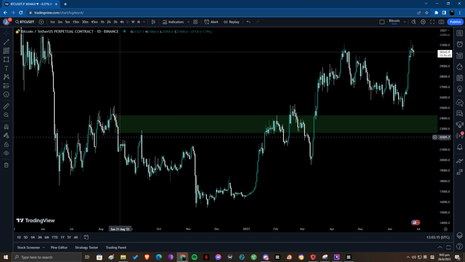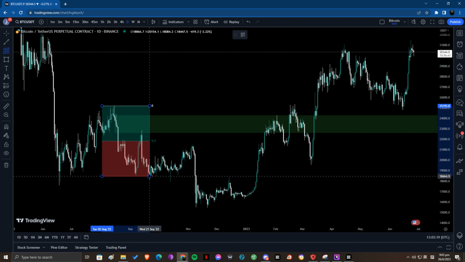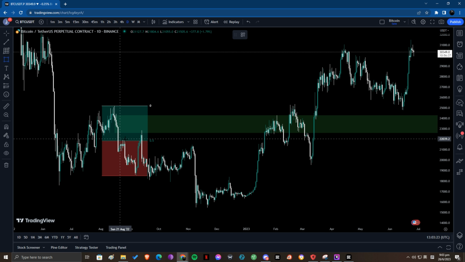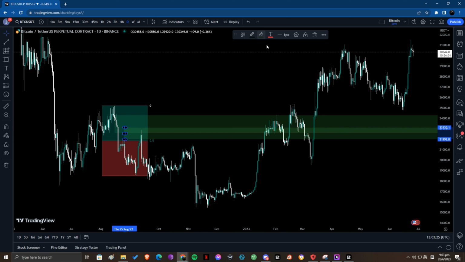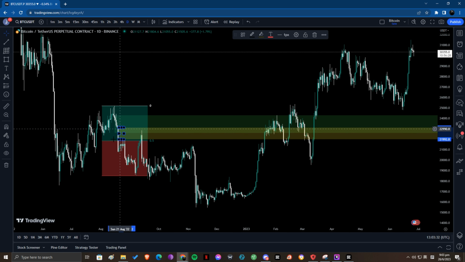We are in a premium and discount. I'm clear that this is a premium. Okay, I don't need to draw it out and I know it's premium. It's a premium market. There's a fair value gap essentially here if you didn't notice it. Okay, if you learned my previous video, you should be able to identify the fair value gap very quickly. There's the fair value gap, there's the order block, and there's the premium and discount.